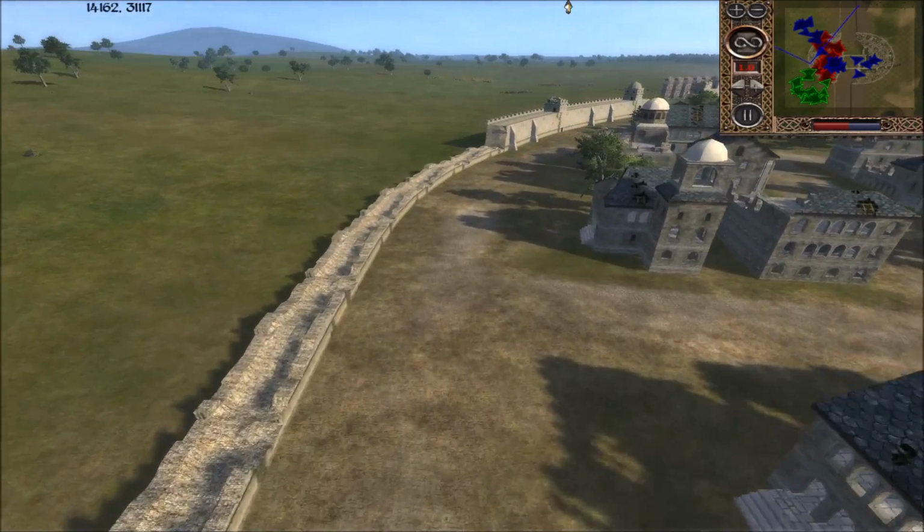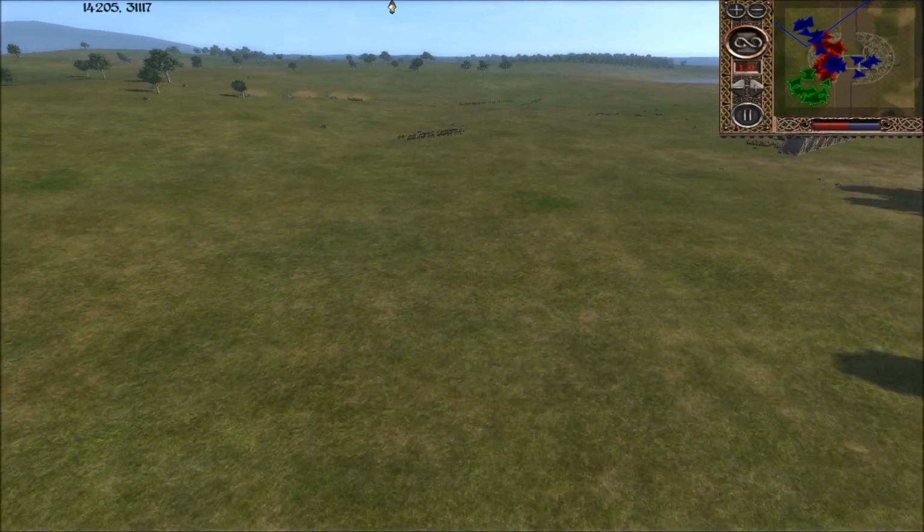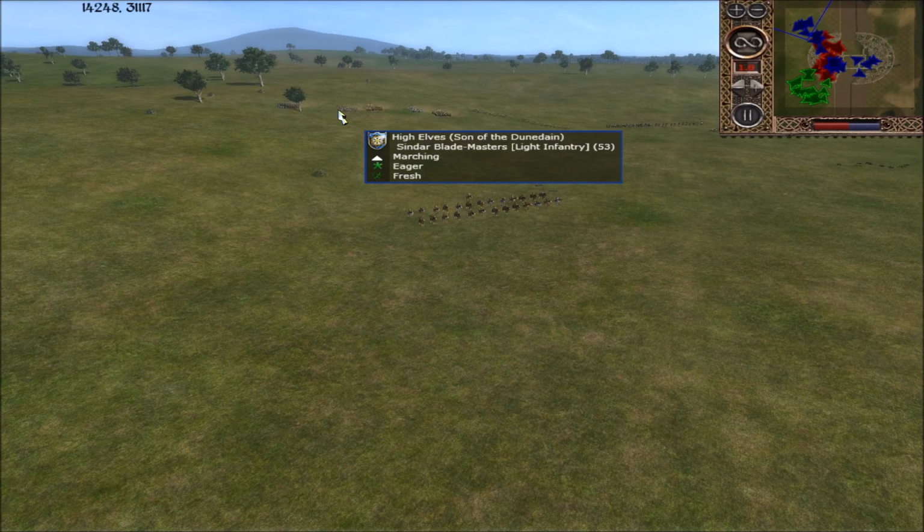It looks like... Yeah, see, I don't know what Son of the Dunedain is really doing. He's just kind of running around. His troops are now kind of running behind these trees or something. Oh, there's the Sindar Blade Masters. Yeah, there